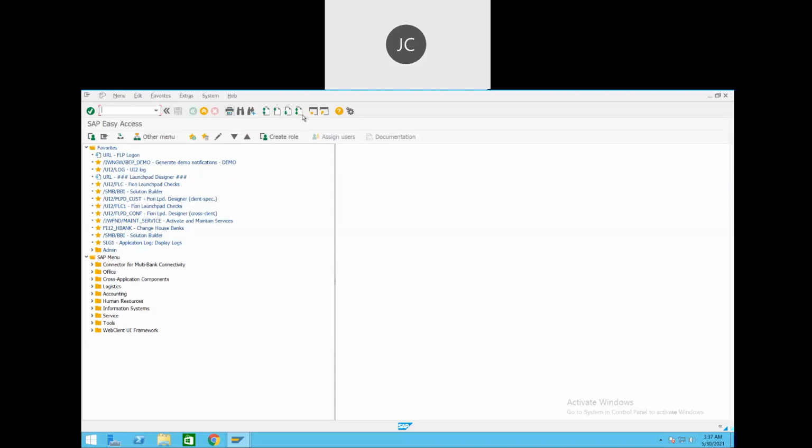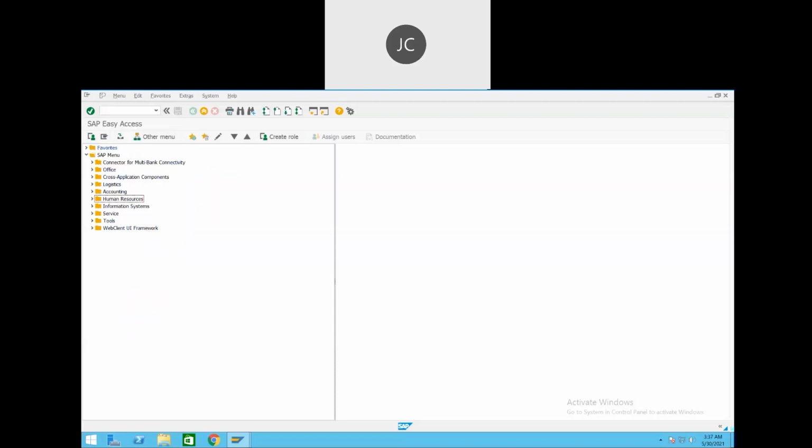Then this one is called the standard toolbar, okay. This is the command field. Okay, I will tell you what the use of this command field is. Then this is the title bar here. Then this is the application bar. Okay, here. And then this is the SAP screen, which we see here. Here we can create our SAP favorites, SAP menu. Okay, I will let you know what the use of these favorites and the SAP menu is, why they are there and why this screen is here.